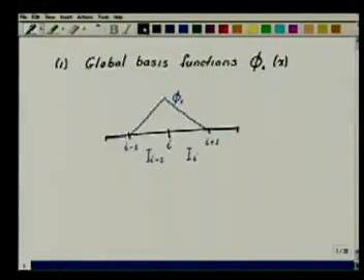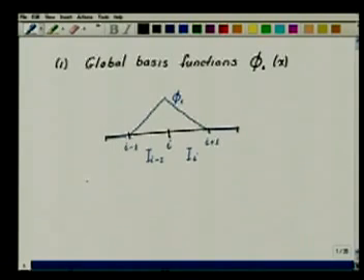Now it is not always obvious what kind of functions we have to use for the given problem of interest. So we should have some kind of a general mechanism by which we can see what is the minimum smoothness requirement on the functions phi I that we are using to form our global basis functions, before we can define these global basis functions. For different differential equations, you will have different phi i's. So let us see how to do it.